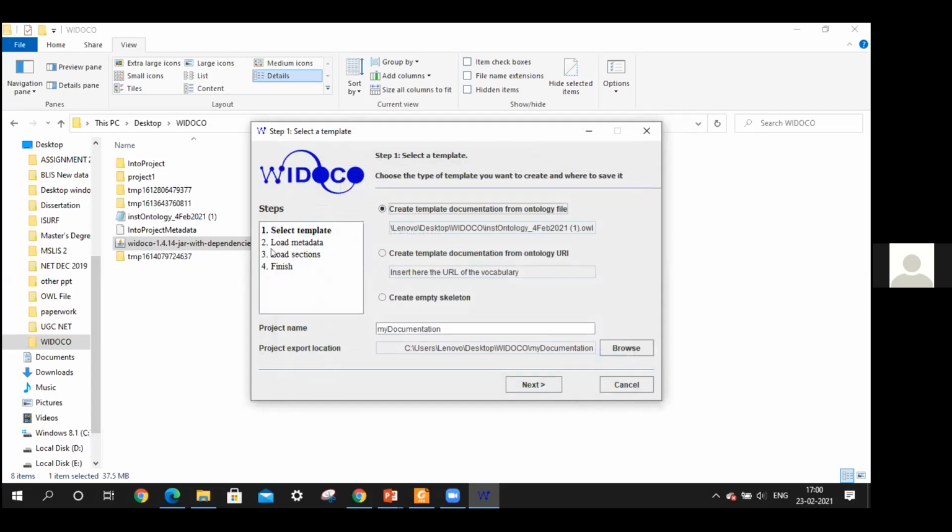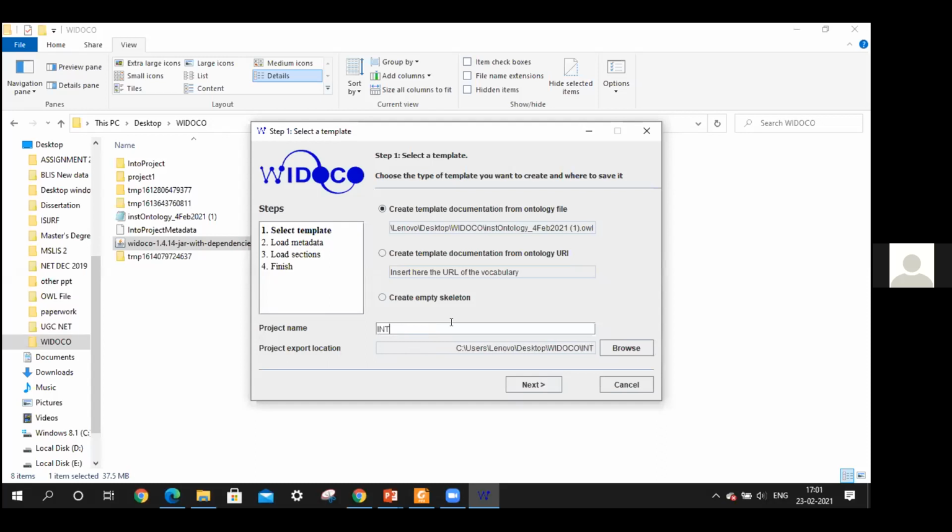So these are the steps we have to follow for ontology documentation. First, we need to select the template. After that, loading metadata. After that, load section, and then finish. These are the 4 steps we need to follow. So we have selected this institutional OWL file. I am just changing the name of this project.